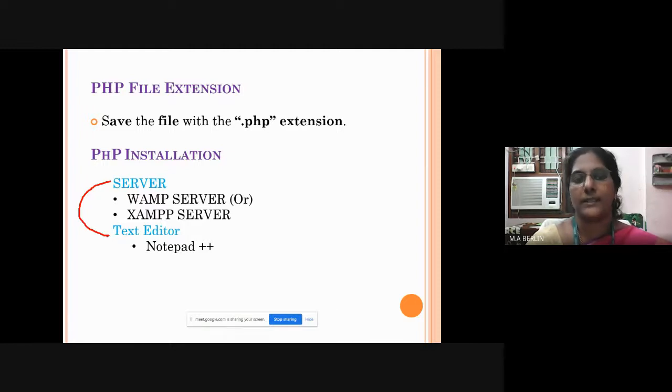What server am I going to focus on in this session? The WAMP server. You can also use the XAMPP server. So the installation of WAMP server and how to execute in WAMP server, we are going to discuss now. And the text editor we are going to focus on today is Notepad++.